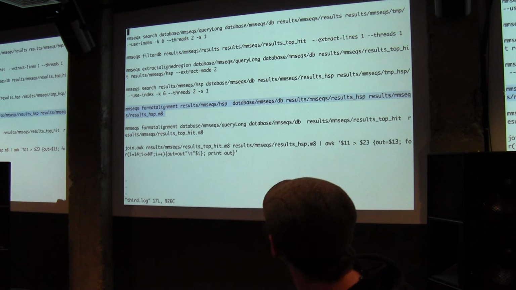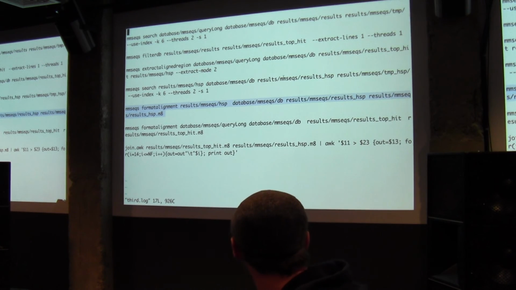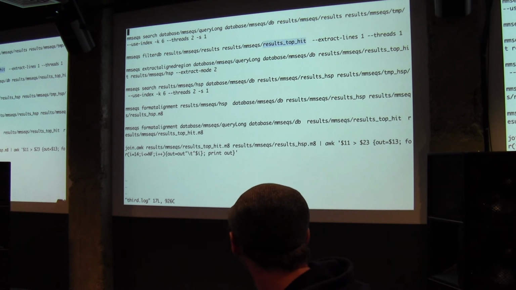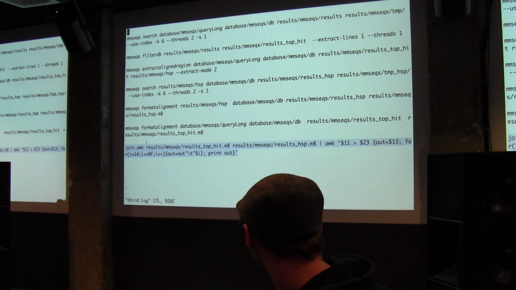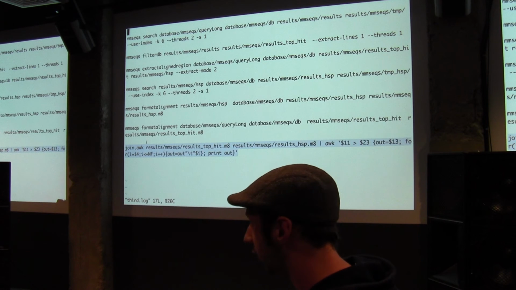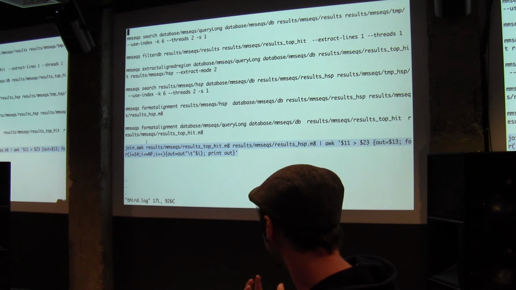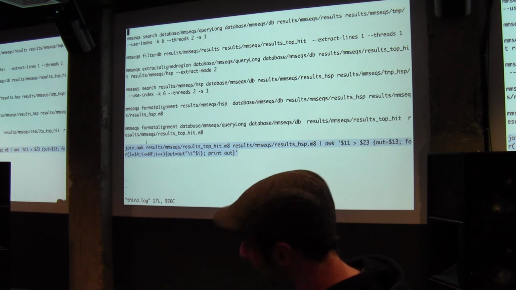And then we just format the results with the top hit into this M8 format, this BLAST tab format, and we then format the hits that we find from the HSPs to the M8 format, and then we can do some tricks with awk to just get all the hits that have a better e-value than the other one by joining these two result files together.